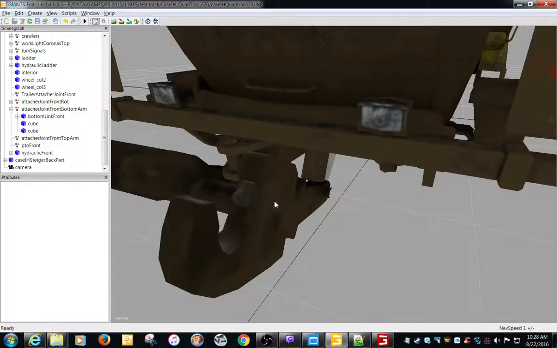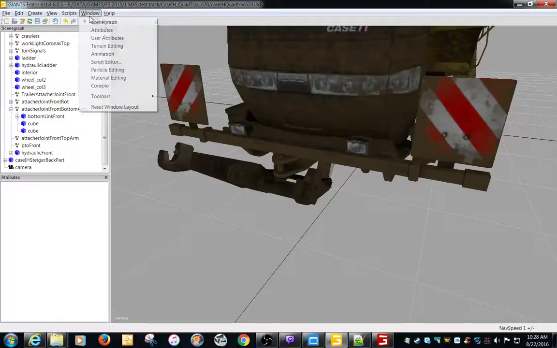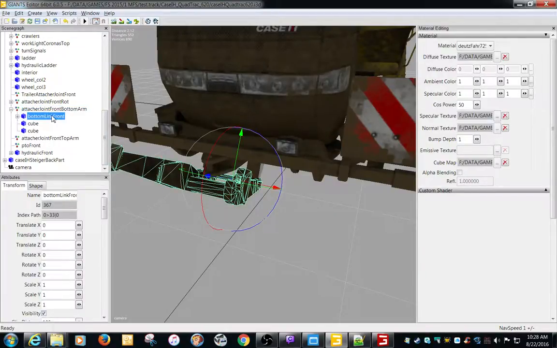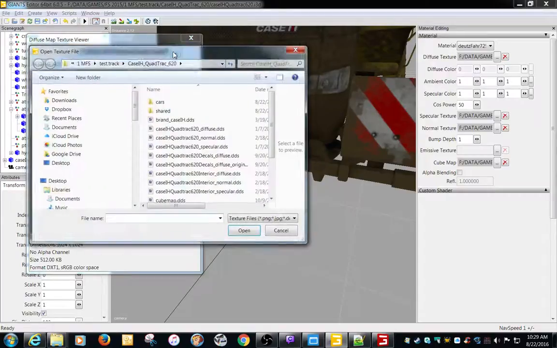Alright, so color. I'm still on the right camera, right. Color stuff is in the window, material editing. All this garbage over here. So the way I found this by accident, see all this stuff that popped up? So what we want to do is, you got a couple things you got to pay attention to. When you bring this up, this is sRGB, and then it is pulling from the Case QuadTrack already. Well, I say that, but